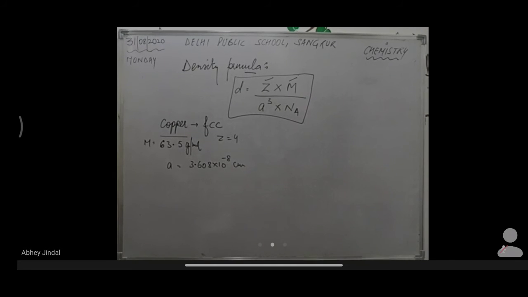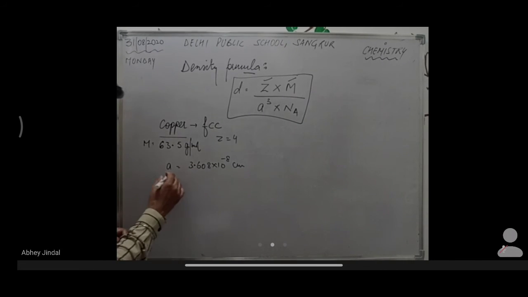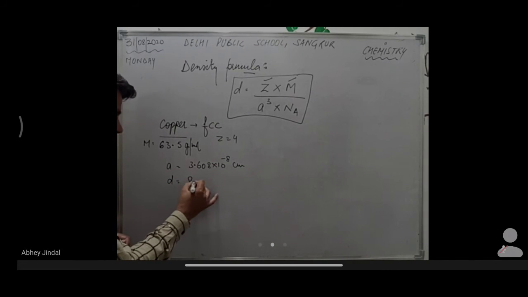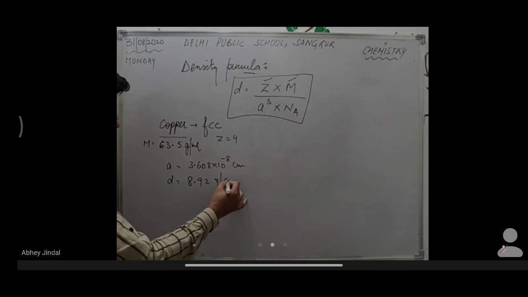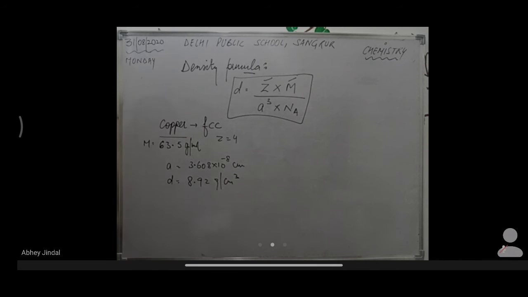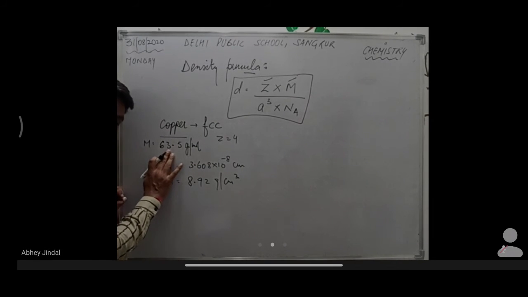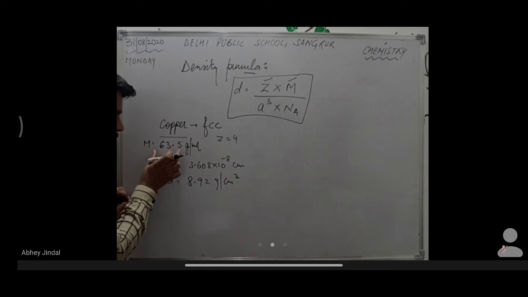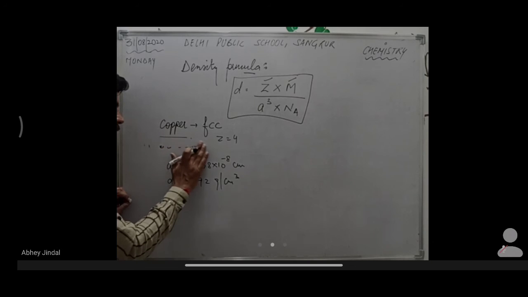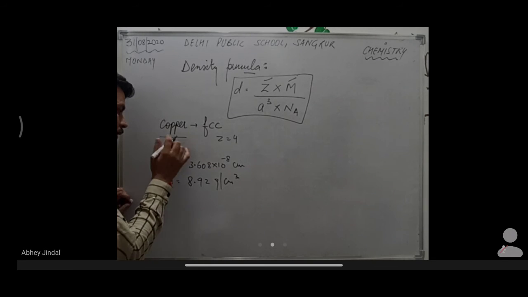Okay. And it is determined that copper has a density of 8.92. Density is also given as 8.92 gram per centimeter cube, because density is mass upon volume. Calculate the molar mass of copper. So we have to calculate the molar mass. It is not given. If we had to find the density, we would apply the molar mass, but this is not given, so we have to find the molar mass. Okay, clear?